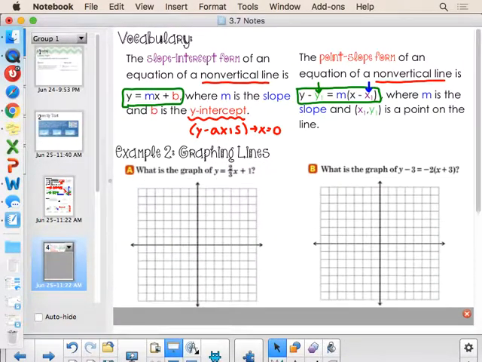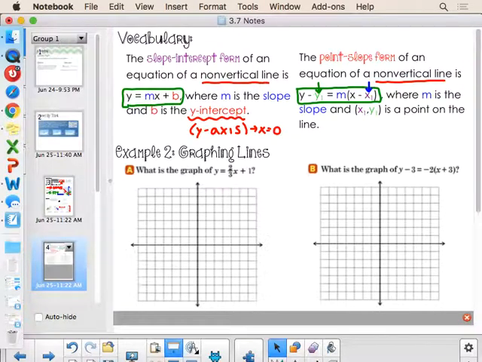All right, let's take a look at our very first two examples here. We need to graph these lines given certain criteria. In question A, it says y = 2/3 x + 1. In this format, I know that 2/3 is a positive slope, a positive slope with a rise of 2 and a run of 3. So I'm just going to make a little note to myself, I should be going upwards. And my positive 1 is going to be my y-intercept. So I'm going to plot my y-intercept at positive 1.